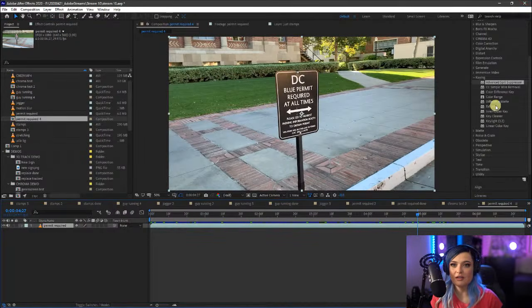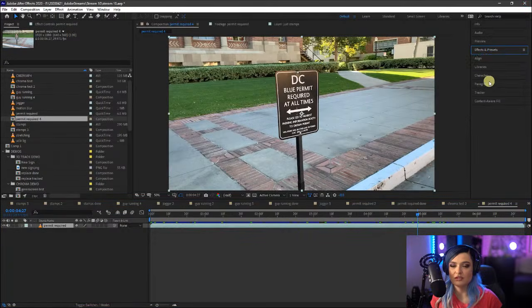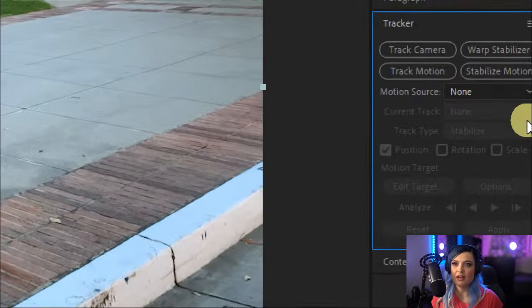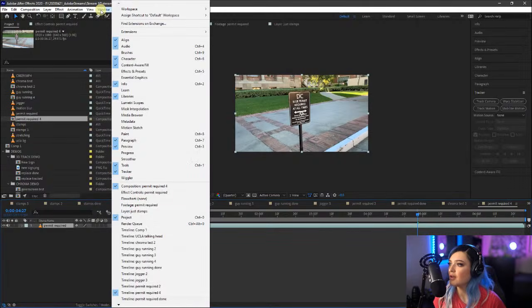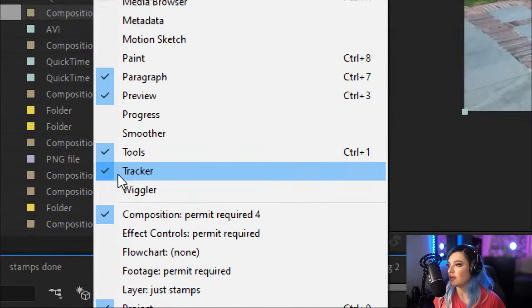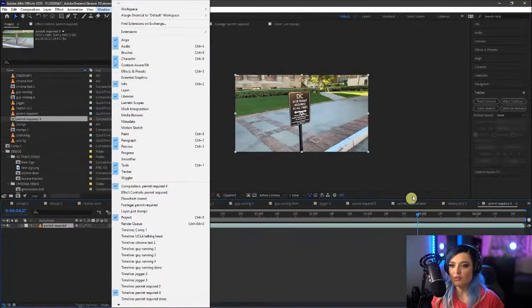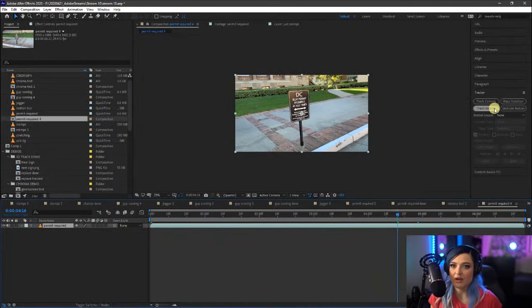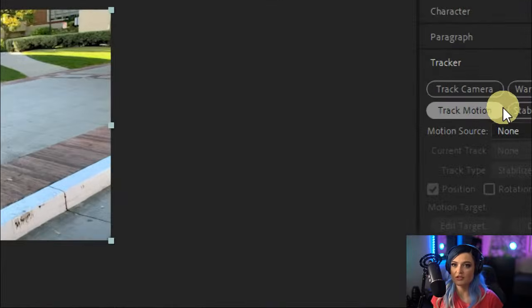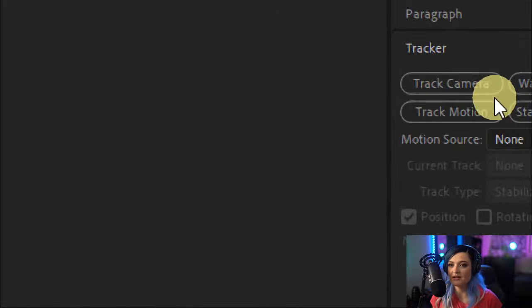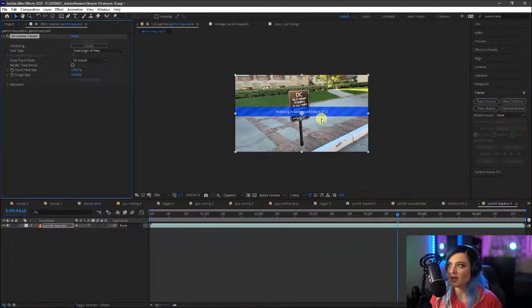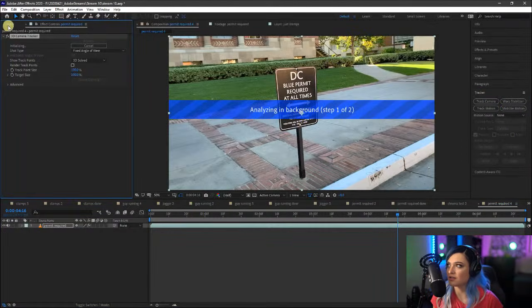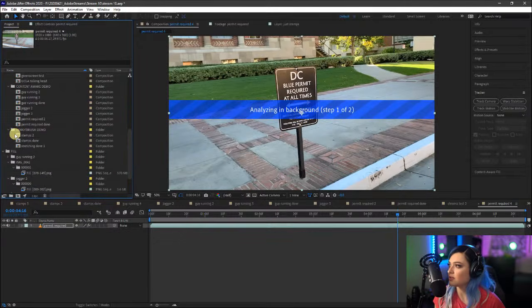And over here in the tracker panel, and again, if you don't have the tracker panel open on your computer, you can always go to Window, Tracker and make sure that that is selected. So last week we did track motion, and that was to stick something onto a 2D plane. Now we're going to track camera. So I'm just going to select track camera, and that's it. That's all I have to do. And it's going to analyze in the background, and it's going to track the camera throughout this entire